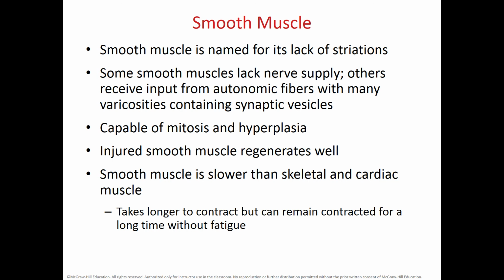And the smooth muscle fibers are slower than the skeletal and cardiac muscle fibers, so it takes longer to contract, but once they contract, they can remain contracted for a long period of time without fatigue. So since we have it in the uterus, females, in reproductive age, these smooth muscle fibers in the uterus can contract, and they can contract longer without fatigue. That's how we end up with cramps